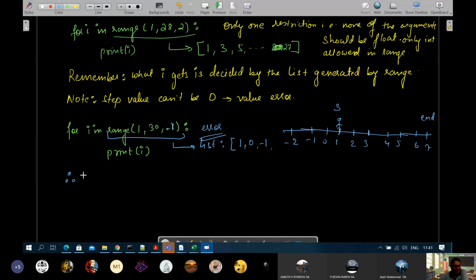So what I am saying is, therefore, if the step value or step argument is negative, then start should be greater than end. That means if you want to print from 10 to 1, you will write it; I'll do it on the next page. There, for example,